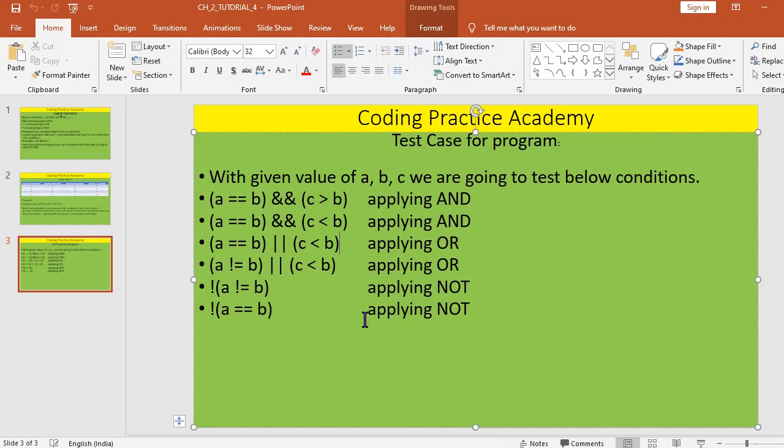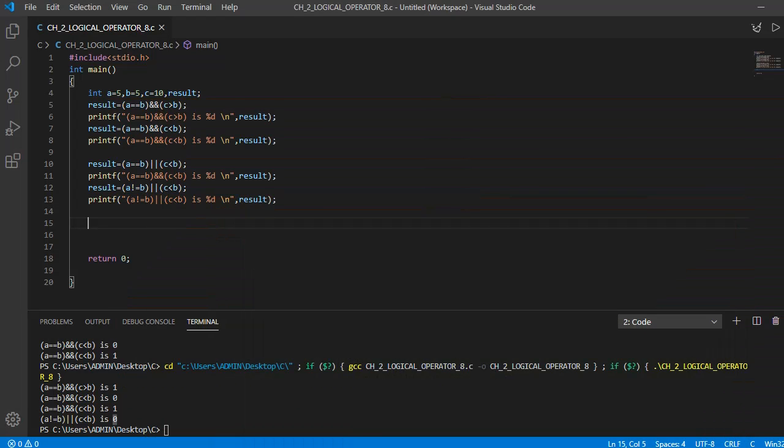Next expression, we are going to apply the concept of the NOT. Let's see what the expression is.